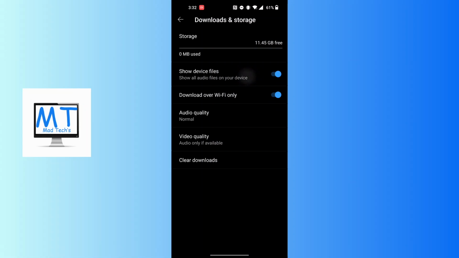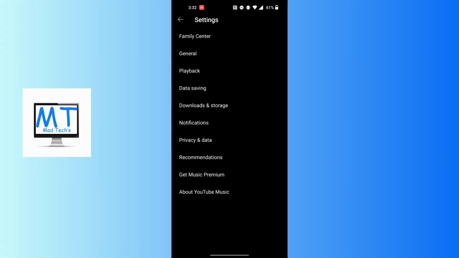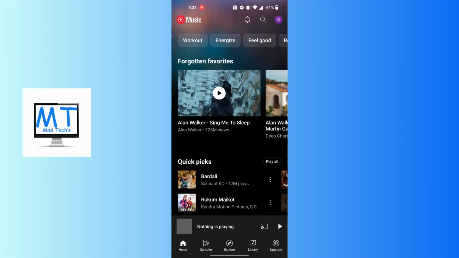And you can see, guys, the second option here says show device files, just below storage. Currently I have already turned it on, but in your case, if it's turned off like this, tap on the toggle icon at the right side of show device files and allow the necessary access or permissions required by the YouTube Music app. And that being done, all of the audio files available on your device will be shown on the YouTube Music app as well, and your device audio files will be available on the YouTube Music app